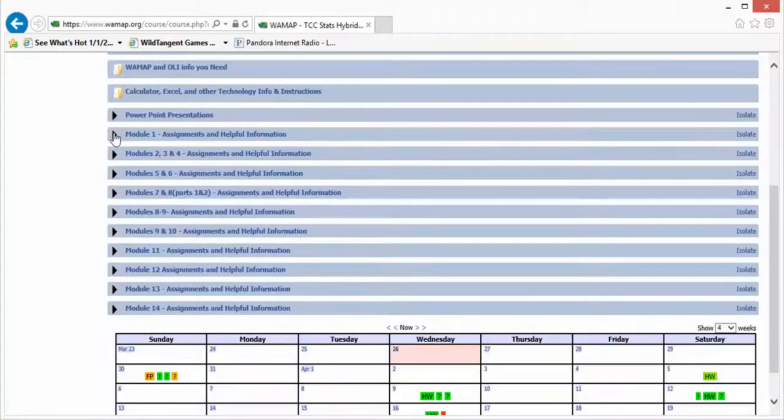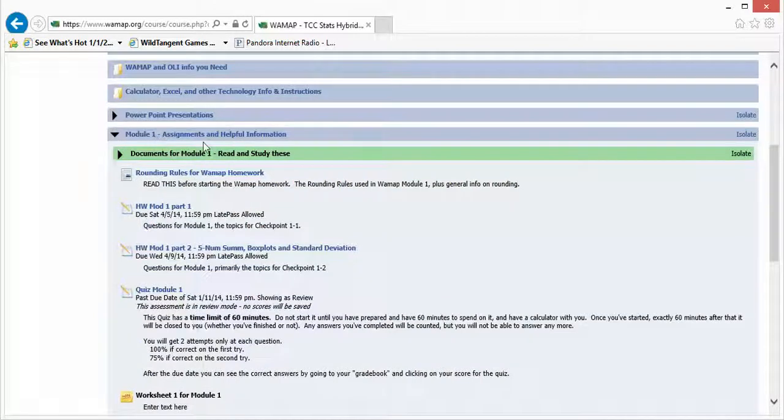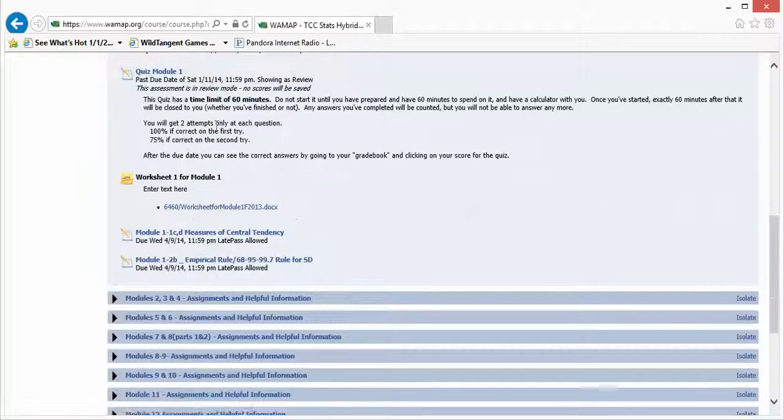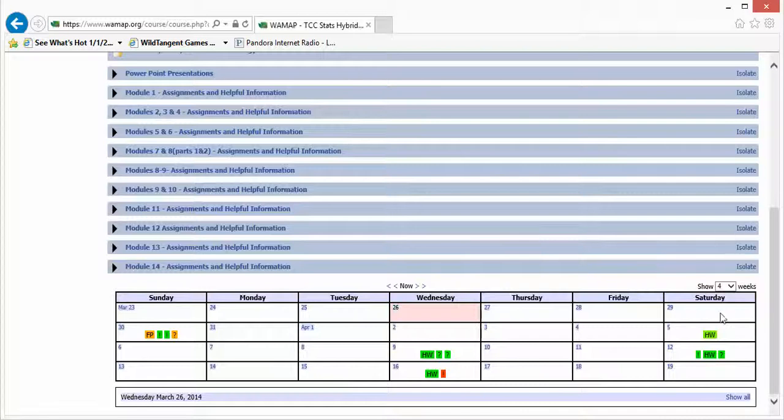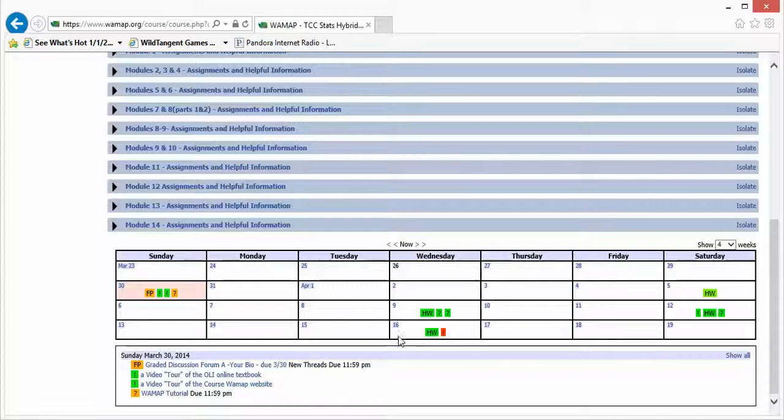Then all of your assignments can be found here as well. I have them grouped by modules, so a bunch of assignments in here and worksheets, etc., all posted in here. Also at the very bottom, this is probably what you'll find the most helpful, is the calendar. And you can see this Sunday we have a few things that will be due, and that's Sunday the 30th, which is in 4 or 5 days from now. So just a few things. You want to post your bio. You can also upload a picture. That always helps me and helps your fellow classmates know who you are, and tie your face to your name. You also have the video tour there, and all the links.